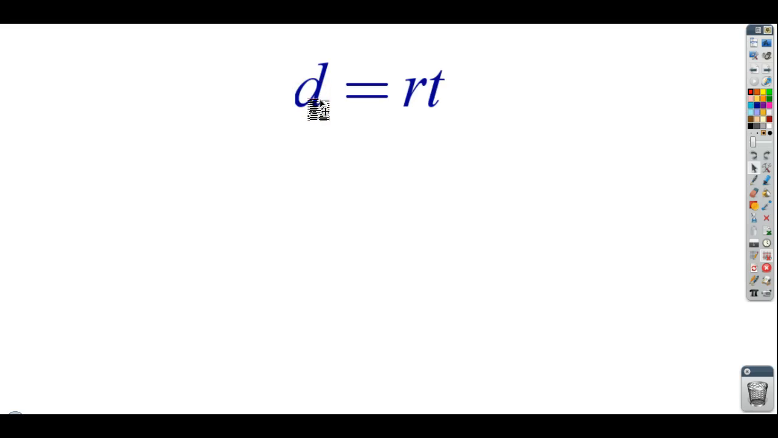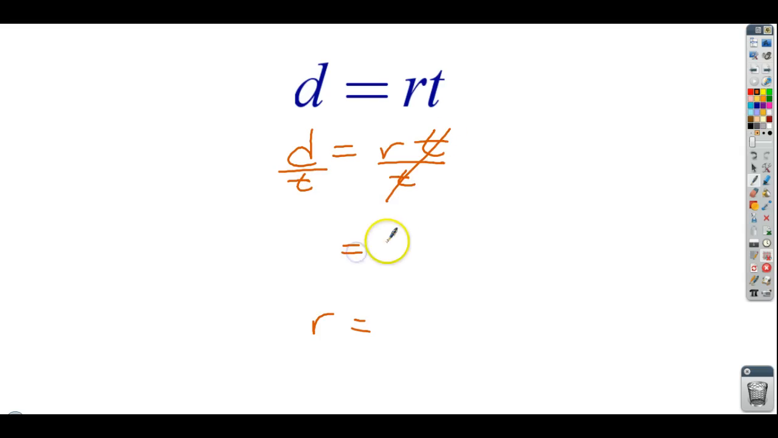Well, let's say you know the distance and you know the time and you want to find the rate. So we're going to solve for r. I'm going to rewrite this so that r is equal to something. If I have r multiplied by t, in order to figure out what r is, I'm going to divide both sides by t. The t's on this side cancel out, and I get that r is equal to the distance